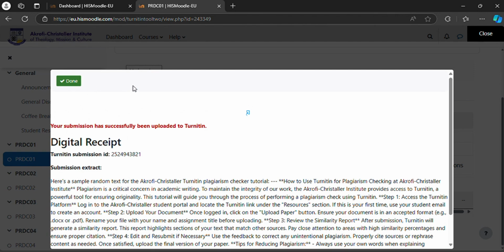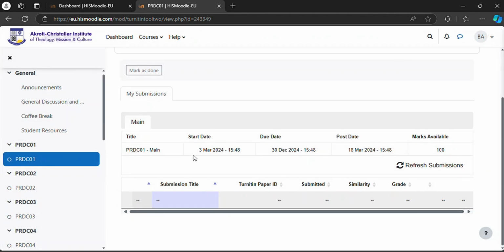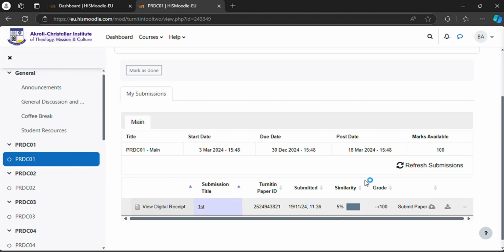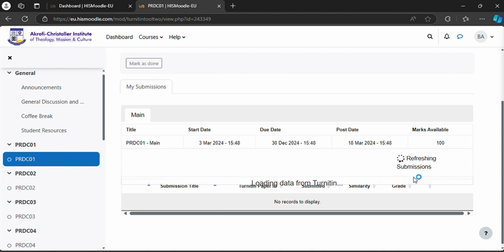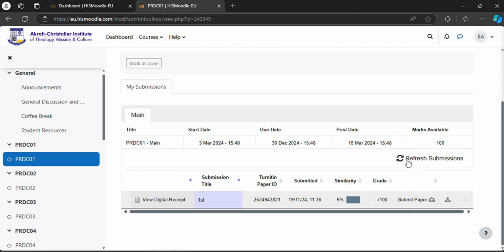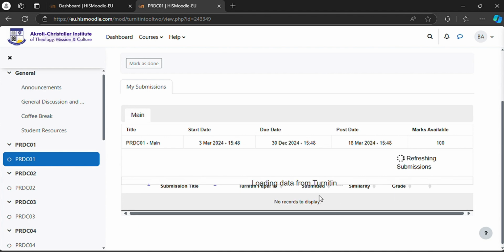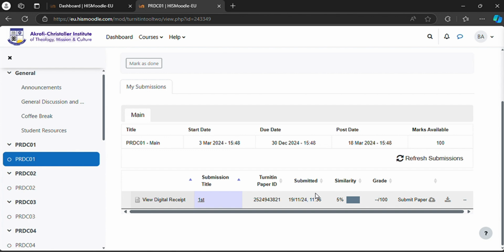and it will be turned in within a couple of minutes. So this is where we need to wait and get it. For this document, it came early, but in case your results, which is the similarity, doesn't come early, what you need to do is to refresh submissions. So when you refresh, it will pop up, but when it doesn't, you wait for some time and then click on refresh again, and that will come. I think this document wasn't that much, so it was able to do the plagiarism check